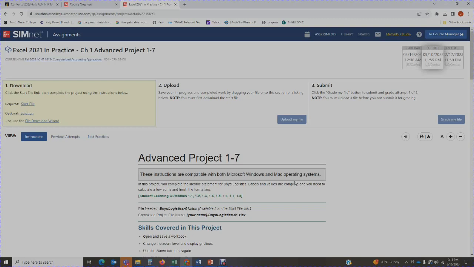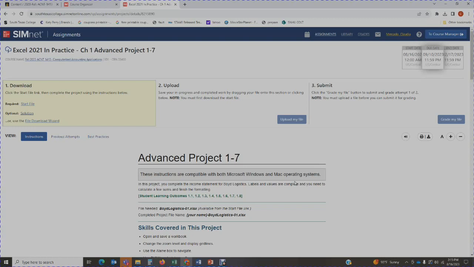Let me see. In chapters 10 and 8, there are certain chapters that are Windows only. So just be on the lookout for those chapters that are not going to allow you to use a Mac computer. If you have access to a Windows computer, whether you can come to a campus or a public library, or a friend or a family member has a Windows computer, I would go that route